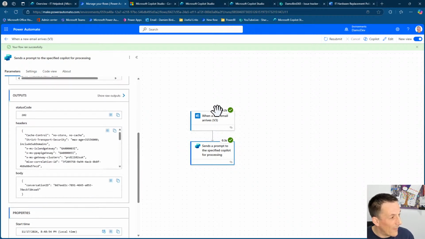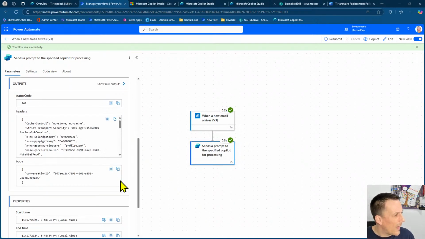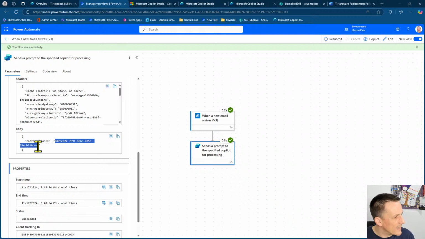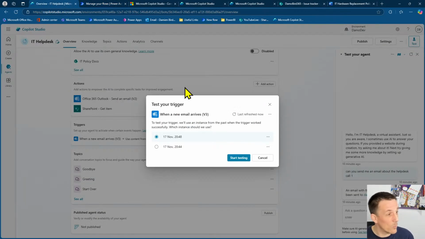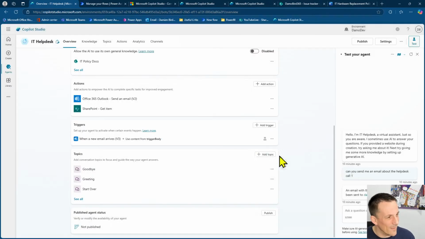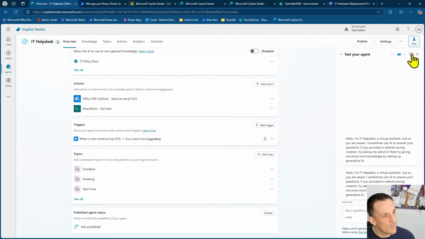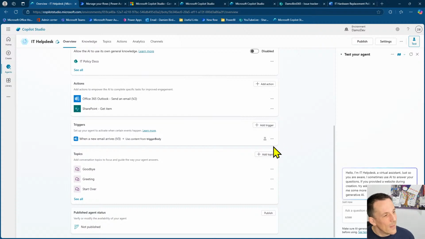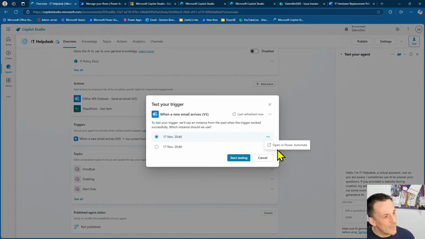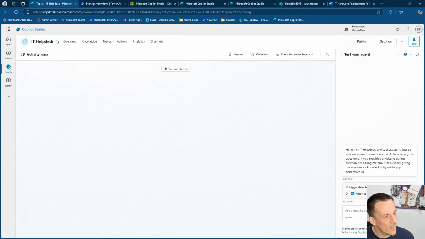That is the trigger and the action, and you'll see that there's a conversation ID. So it's started a new conversation with that agent. That's the autonomous piece. Now we can't see it because there is no chat interface. This is an autonomous agent, but we can test it, and I'll show you how. So if I refresh this, and hit this test piece here, I can select one of the runs, the 2048, and if I hit start testing, we can see here